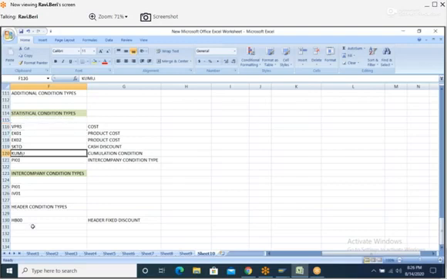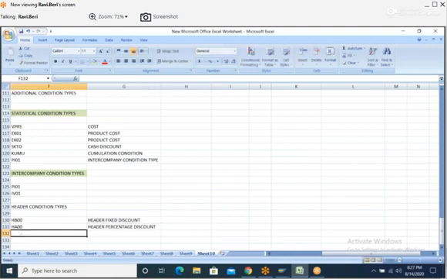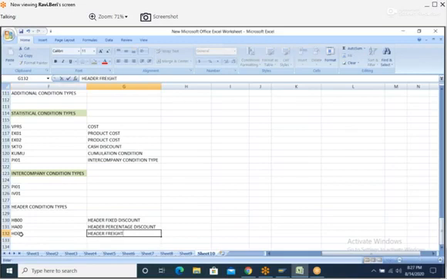We know VPRS. KUMU, we cannot see the result. HB00, HA00, header percentage discount. HD00, header freight. HM00, order value. All these we discussed.